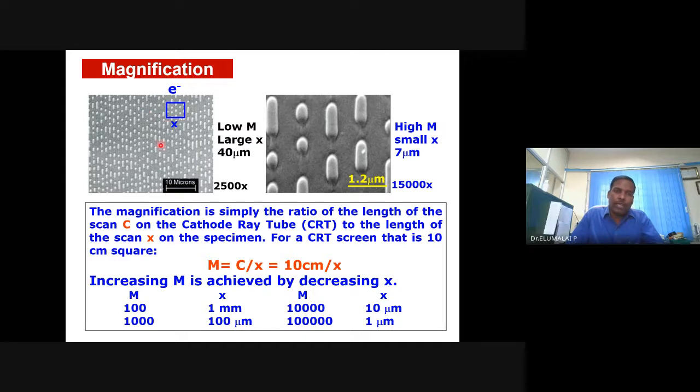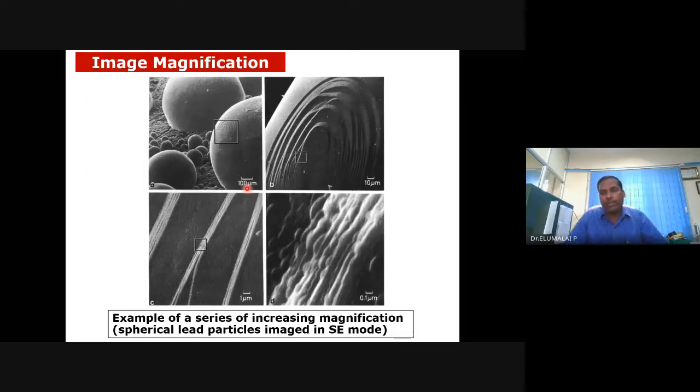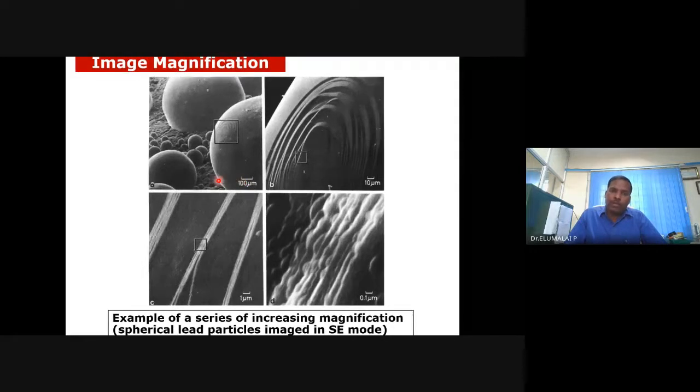At lower resolution, we are not able to see the features. But if you increase the magnification to 15K X, or 15,000 X, you will be able to see what the feature is. It's not very clear here at low resolution, 2000 X, 2500 X. At 100 micrometer scale, you see only this feature, but at 100 nanometer, you will be able to see this feature. Your electron microscope can provide this information.